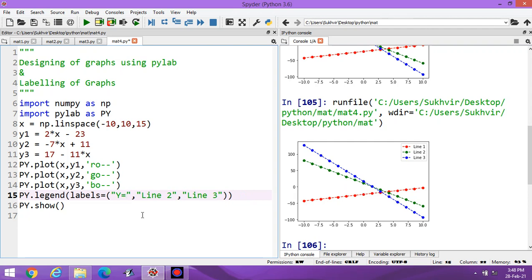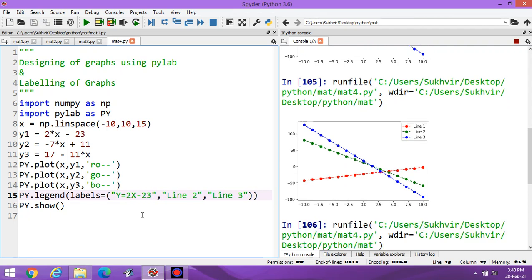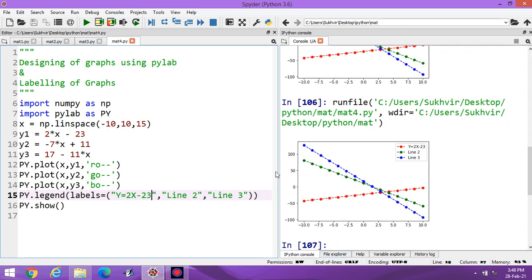y is equal to 2x minus 23, like this. You can represent the content like this. y is equal to 2x minus 23, and second line as minus 7x plus 11, and third as 17 minus 11x, like this.